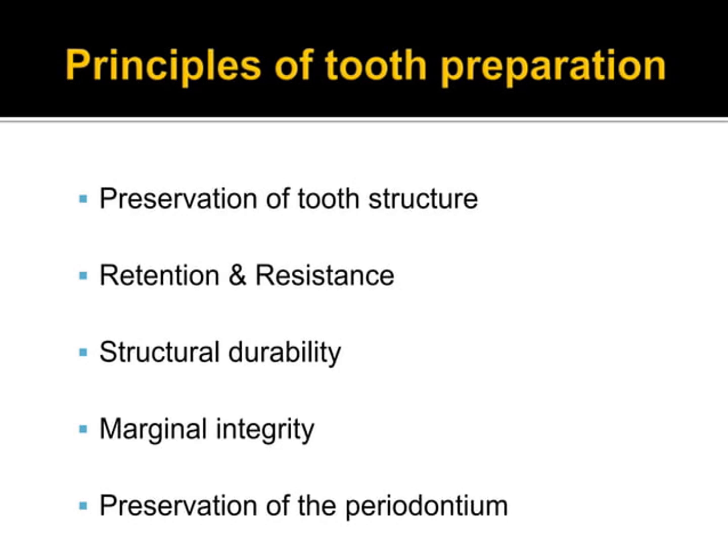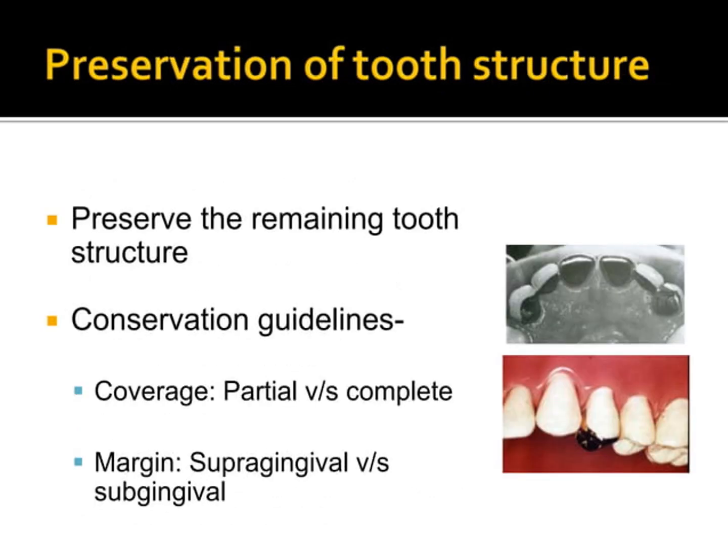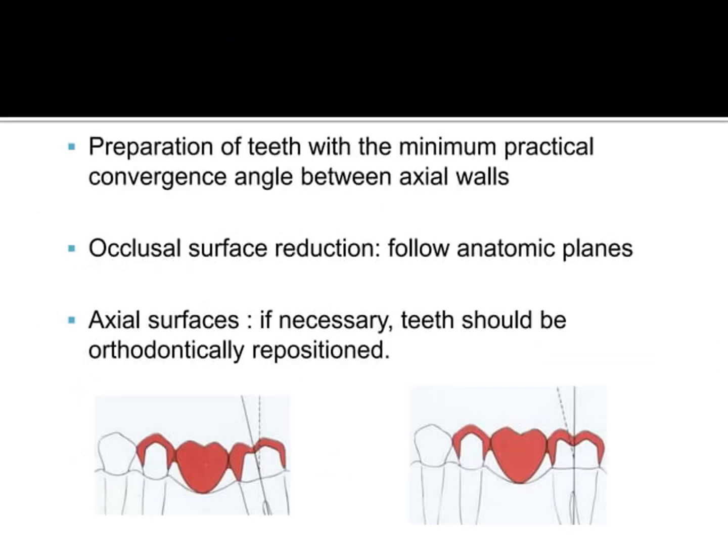The principles of tooth preparation include preservation of the tooth structure, retention and resistance form, structural durability, marginal integrity, and preservation of the periodontium. Preservation of the tooth structure includes preserving the remaining tooth structure. Conservation guidelines include the coverage, that is, partial versus complete coverage norms, margin supragingival versus subgingival, and preparation of the teeth with the maximum practical convergence angle between the axial walls. Occlusal surface reduction follows anatomical planes and axial surfaces if necessary. The teeth should be orthodontically